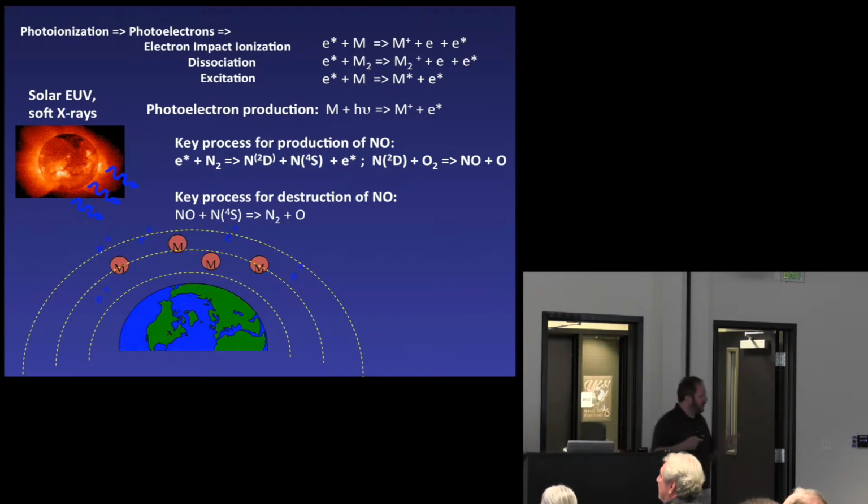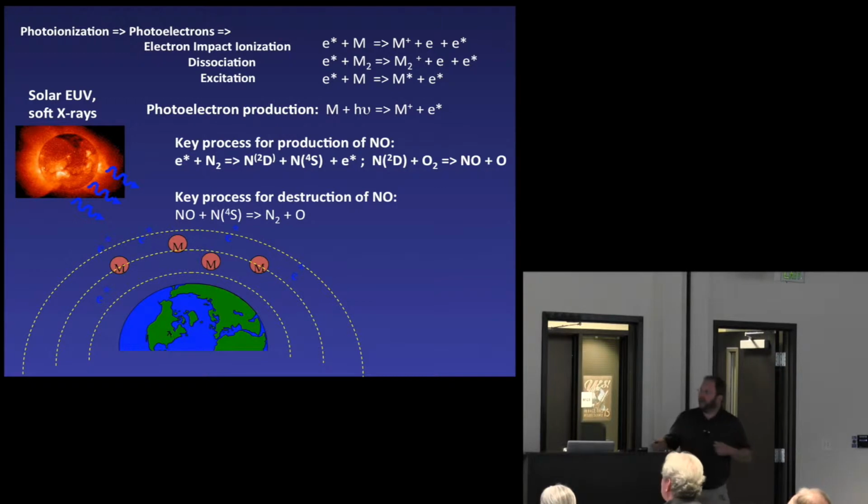I'm going to tell you how nitric oxide is produced. In fact, there are several talks today going to talk about NO and its chemistry. But one key element of that physics is what's called a photoelectron. The idea that an electron is created after solar photons break up molecules in the atmosphere or kick an electron off an atom or molecule in the atmosphere. Those electrons are ejected after the ionization process. Many of them carry off a lot of energy.